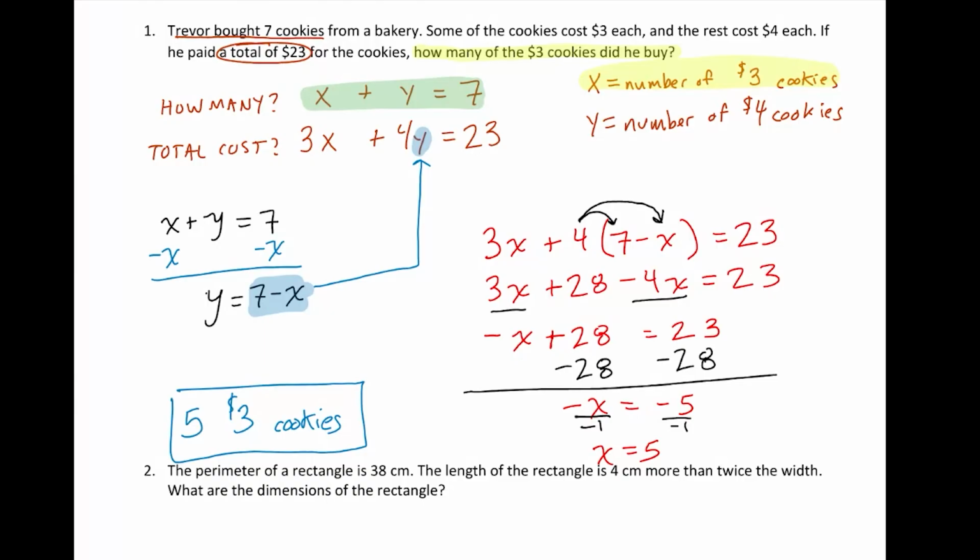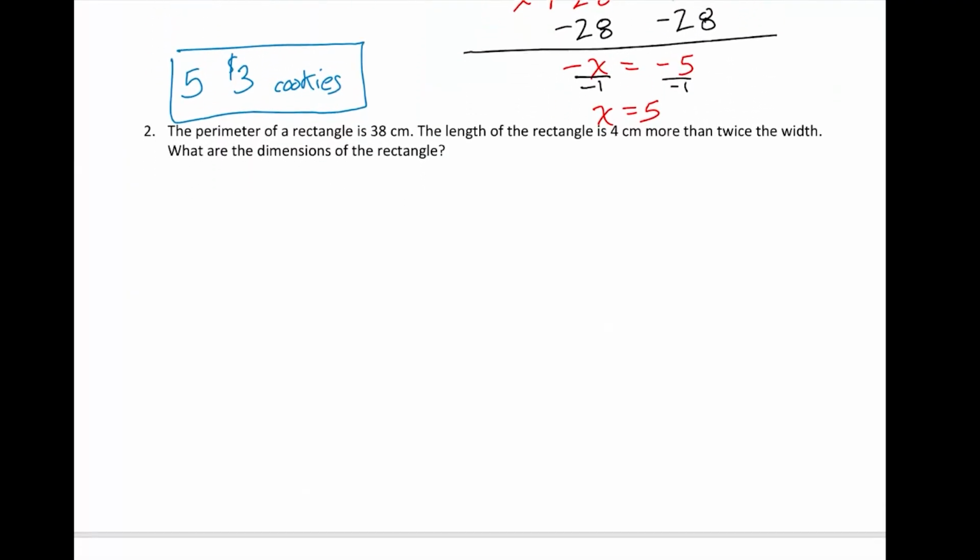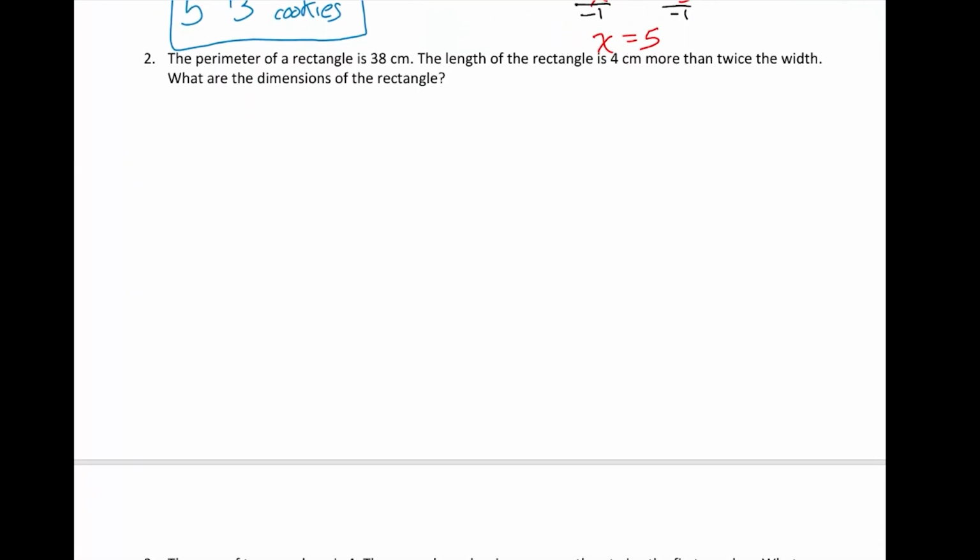All right. Number 2. We haven't done any geometry in here, so this is kind of getting a little ahead of ourselves, but I think we can still handle this one because it doesn't really require that you know any formulas except for maybe perimeter. So it says the perimeter of a rectangle is 38 centimeters. So as far as perimeter of a rectangle is concerned, if you have a rectangle, the perimeter is the distance around it. So if I call my horizontal, or actually maybe we'll call it the length, L for length, W for width, the perimeter